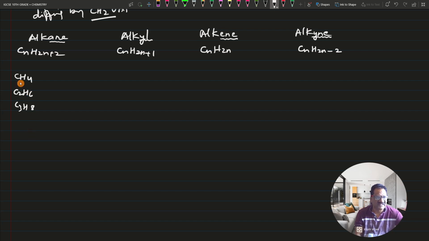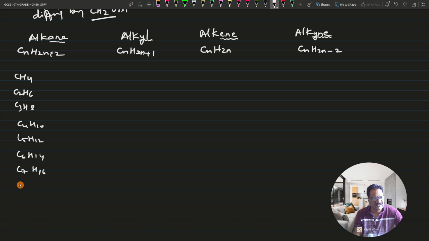Methane is CH4, in ethane it is C2H6. I have increased carbon by 1 and hydrogen by 2. Again, in the next one, I have increased carbon by 1 to make it C3, and hydrogen by 2 to make it from 6 to 8. That way I get a series of C4H10, then C5H12, then C6H14,